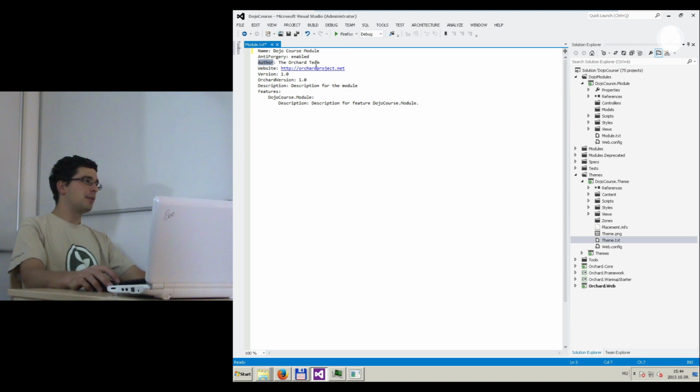The author is obvious. It's not the Orchard team now, but the Dojo Course team. Website, this is again just displayed here. If you have a website for your module, you could put it here. Well, let's put orcharddojo.net. Version. And now version, I think it's not shown anywhere, but it's used when you package up the